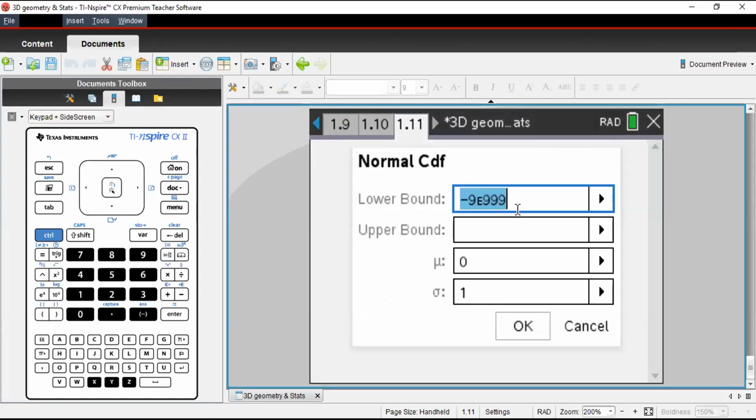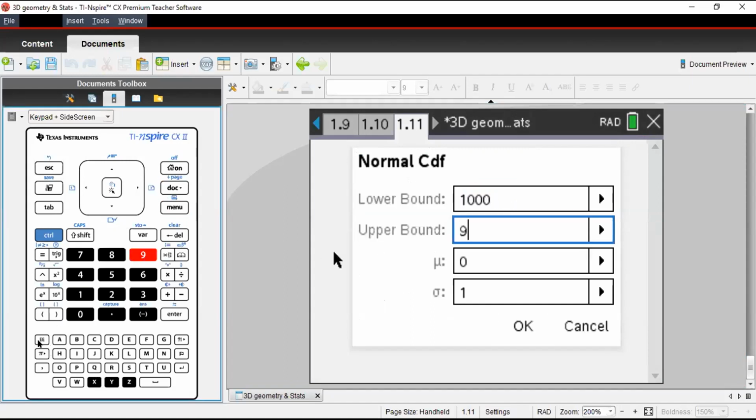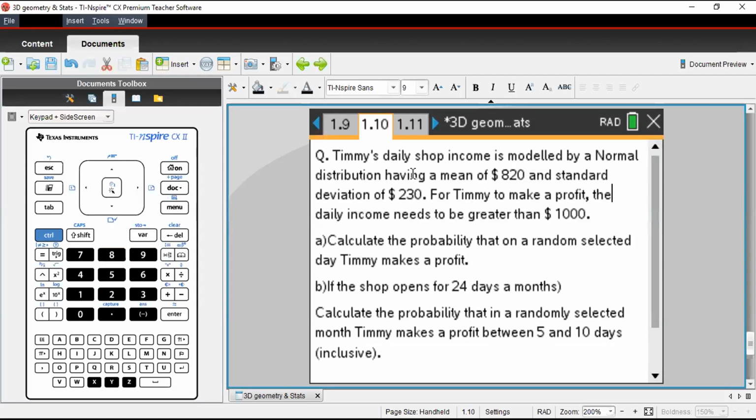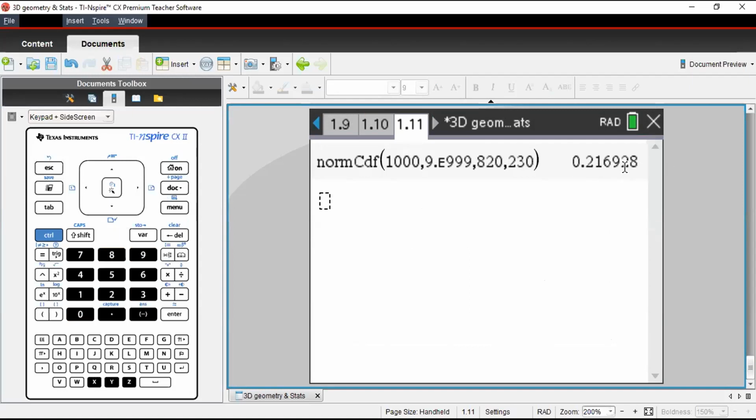So the lower bound, the minimum value, should be 1000, and the upper bound can go beyond. So 9 E 999, let's say, and the mean is given as 820 and the standard deviation is 230. Press OK. So you get the answer. This is the profit probability Timmy makes, 0.216928.